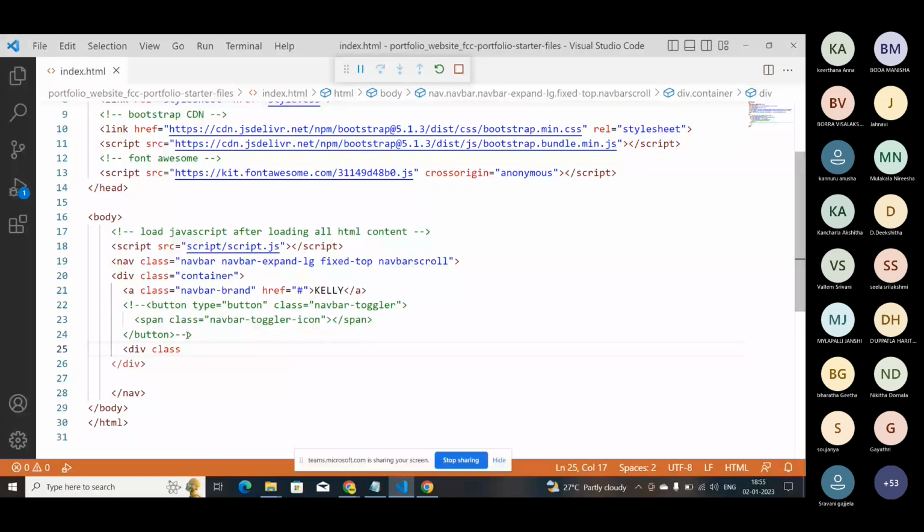collapse navbar-collapse. Collapse is a normal predefined class, but I'm going to give a collapse in the navbar-collapse. So I'm mentioning it. And the next one is you need to give the id. So example,